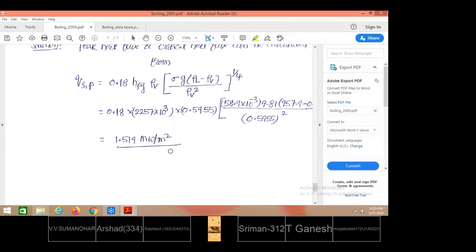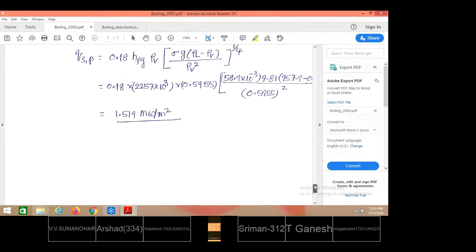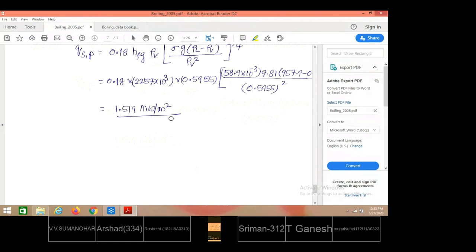That means without melting the heating surface, this is the maximum heat that can be transferred through the heater surface. Beyond this, if you allow heat transfer from the bottom of the heating surface, the heater surface will melt and get damaged. This is what is known as critical heat flux. We should never allow the critical heat flux to be transferred through the heater surface; only less than the critical heat flux must be supplied in order to protect the heater surface.